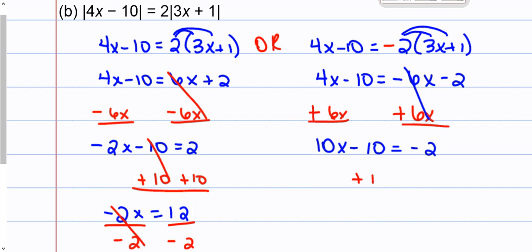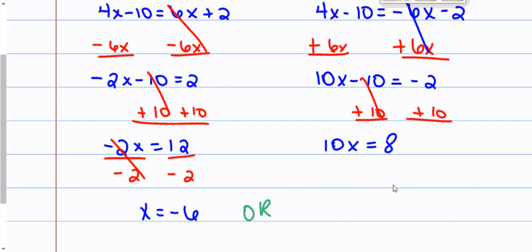Add 10 to both sides of the equation. And we get 10x equals negative 2 plus 10 is positive 8. Now you have 10 times x, so we are going to divide both sides by 10. Cancels. And we have x equals